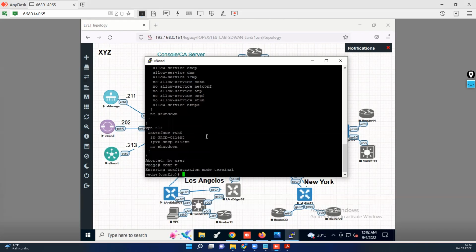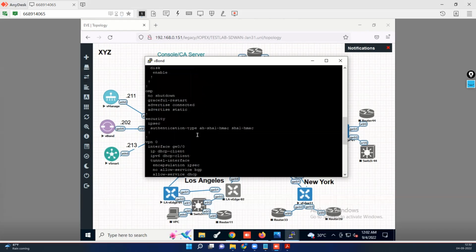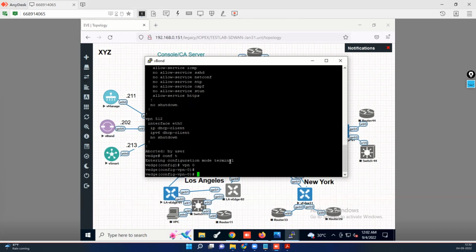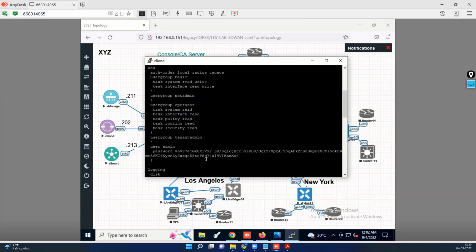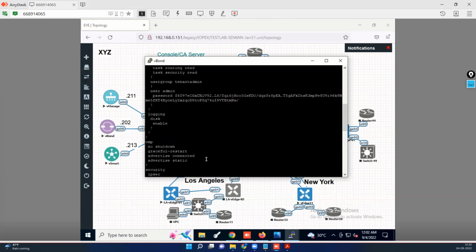Over here you have to say VPN. First go inside VPN 0. So now you see I am inside VPN 0. What is the existing interface over there? Gigabit. Suppose I don't want this existing interface. So what I do is I say no, and I